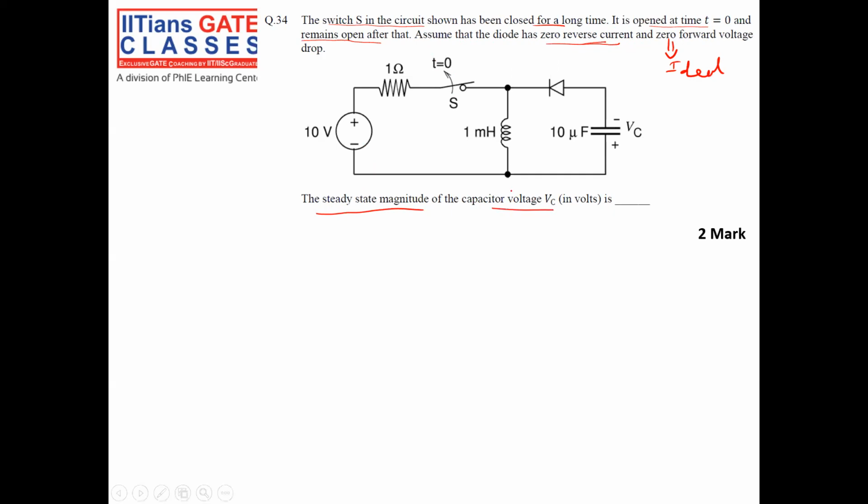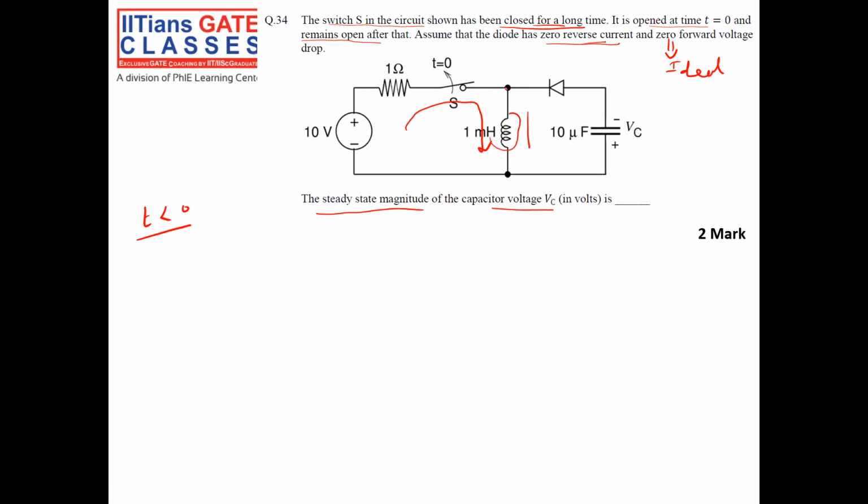Okay. First condition is t less than 0. For t less than 0, for a long period of time, the switch is closed, given that the switch is closed for a long time before t equal to 0. So since the switch is closed, the current will flow through like this, right? Since for a long time the switch is closed, the inductor will be like a short circuit,